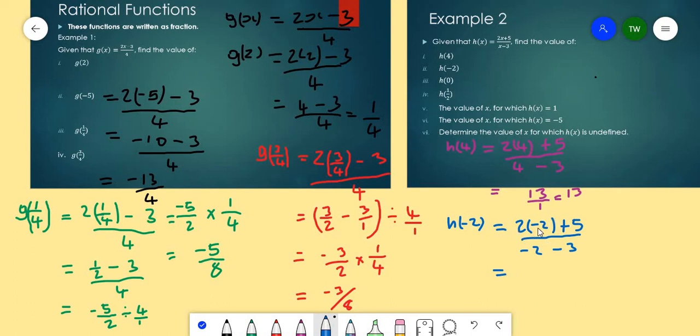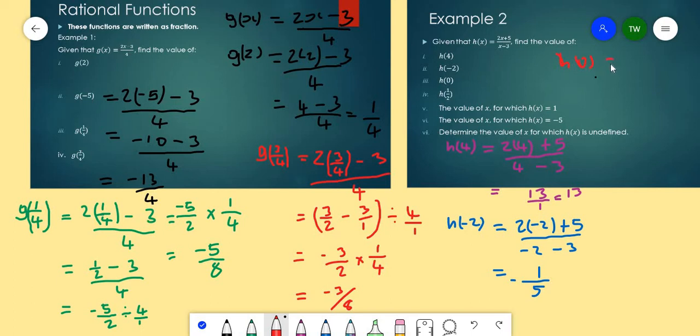So 2 times negative 2, that's going to give us negative 4. Negative 4 plus 5, that's what's going to give us 1. And negative 2 minus 3, that's going to give us negative 5. So therefore, h of negative 2 is equal to negative 1/5. We're also asked to find h of 0. So h of 0